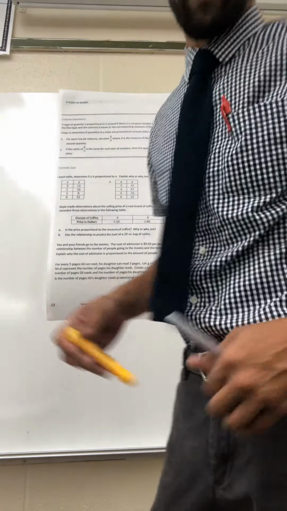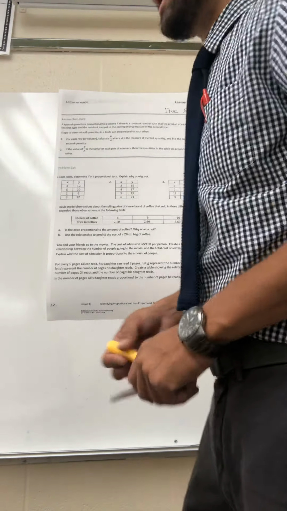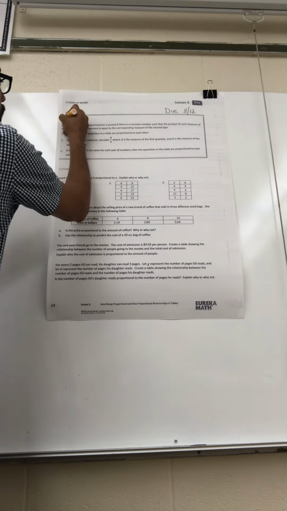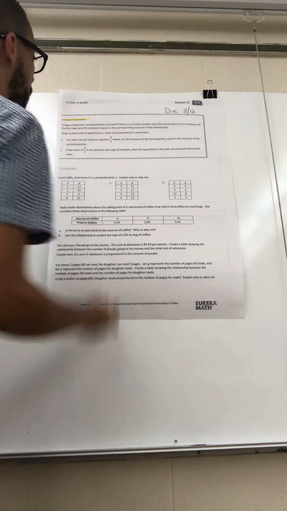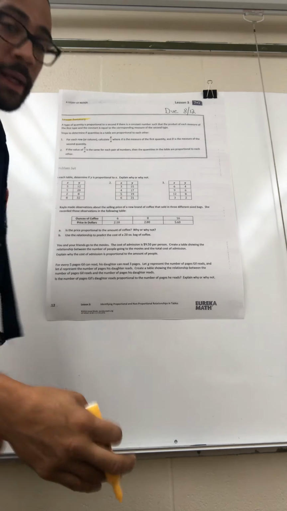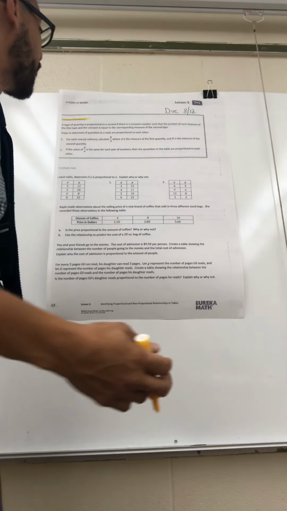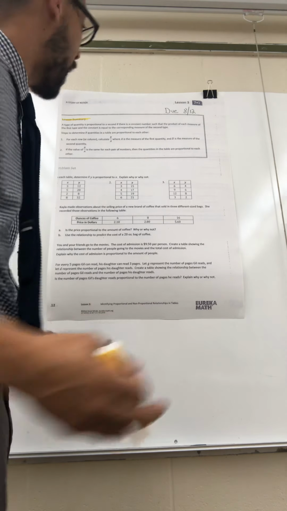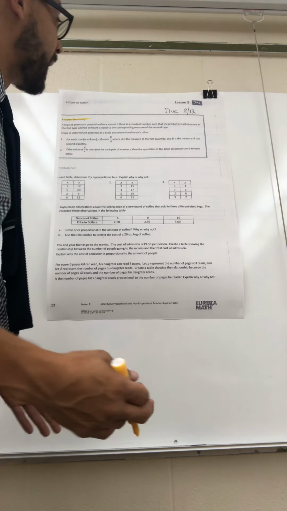All right, so this is your lesson 3 homework. And this is where we get those explicit instructions on how to use a table to determine if something is proportional. All right, so a type of quantity, so one thing, is proportional to a second quantity if